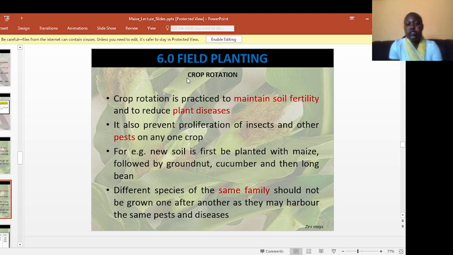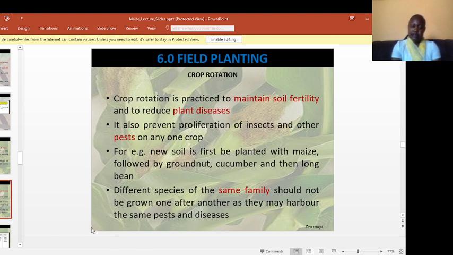We say crop rotation. Crop rotation is practiced to maintain soil fertility and to reduce plant diseases. It also prevents proliferation of insects and other pests on any one crop. For example, new soil is first planted with maize, followed by groundnut, cucumber, and then long bean. Different species of the same family should not be grown one after another, as they may harbor the same pests